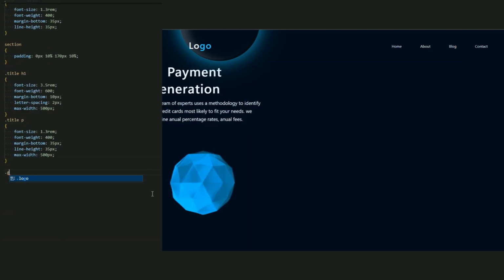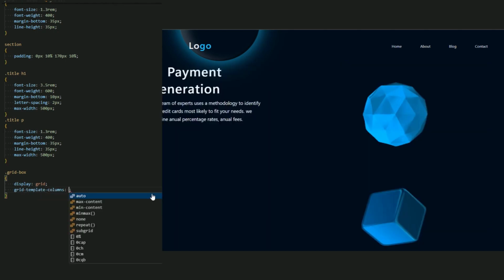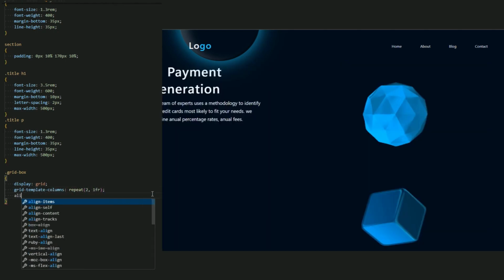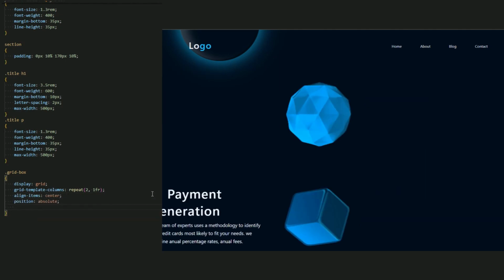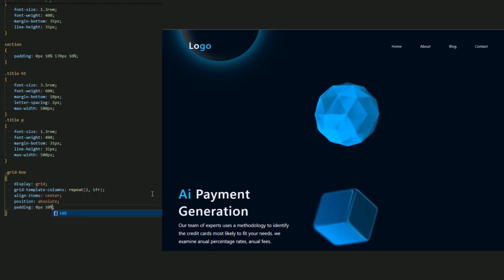Okay, now let's style this box, the grid box. So in the grid box, let's use display grid instead of flex, and the grid template columns, repeat 2, 1 of 4. Align items center, position absolute, padding 0 pixel, 10%.